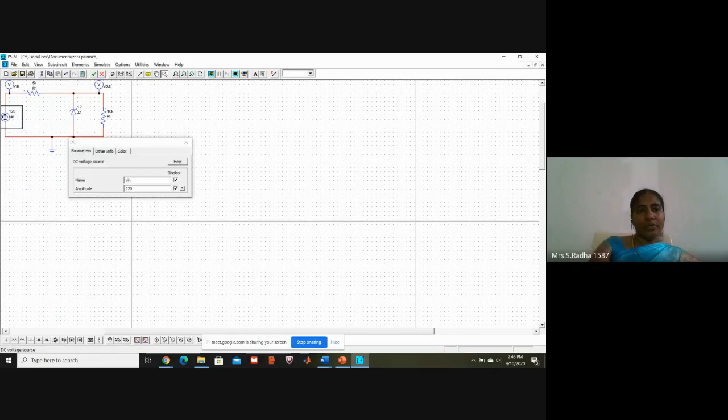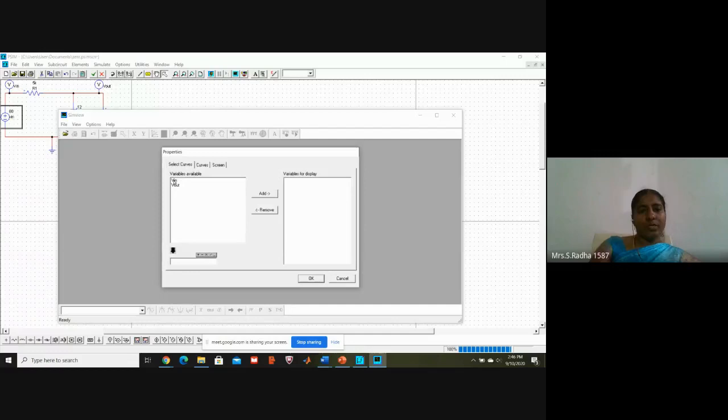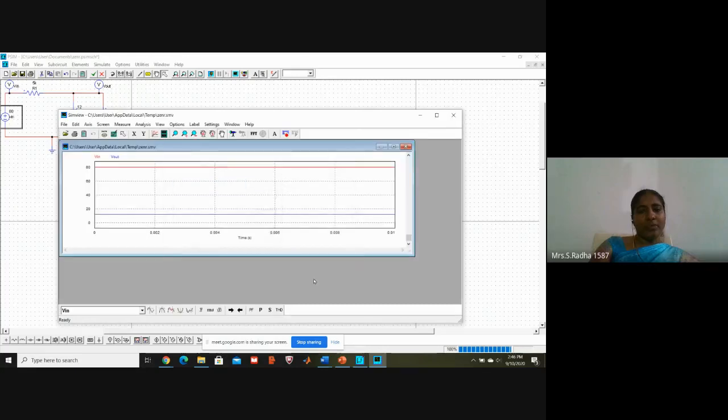I am going to give input voltage 80. I will check input voltage 80. Output breakdown is happening at 12 volts. So I should get 12 volts constant at the output. DC, so it will be a horizontal line. Input is 80 volts, red color. And output is staying at 12 volts, blue color, constant. DC means it is horizontal, not sine waveform.